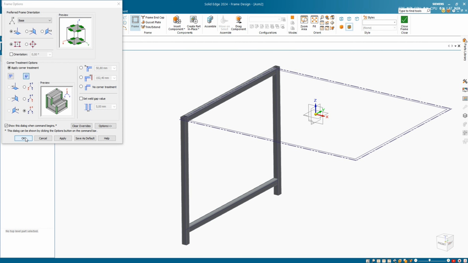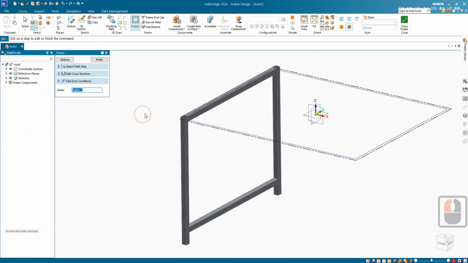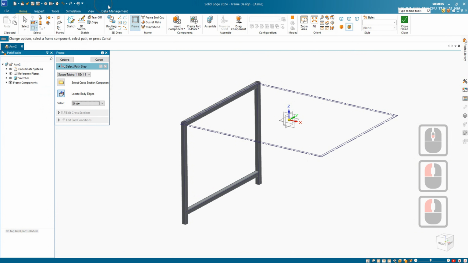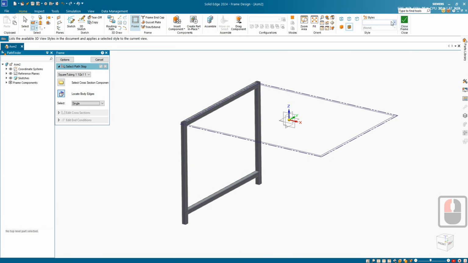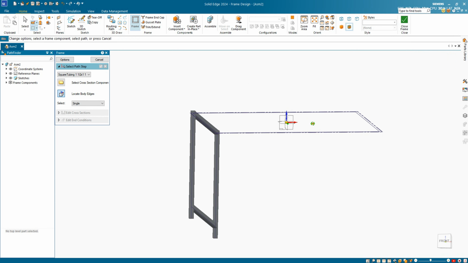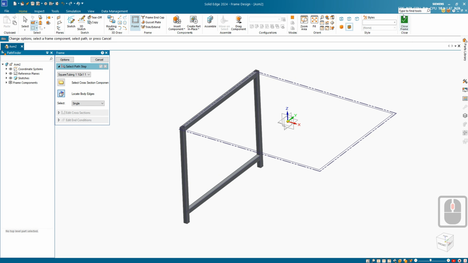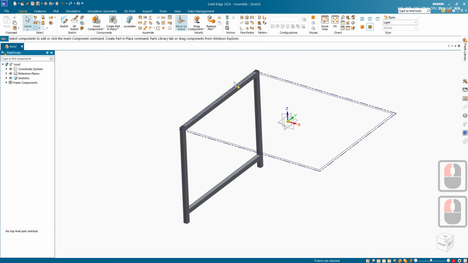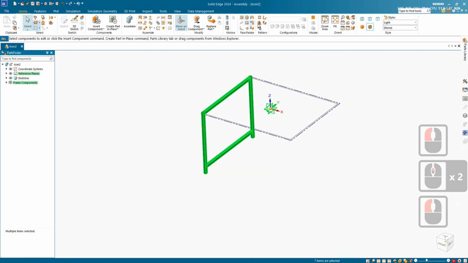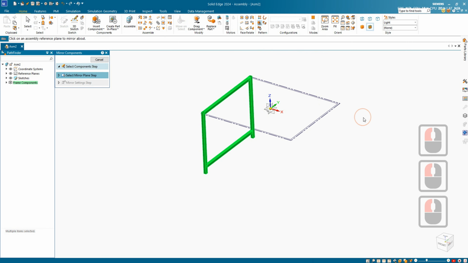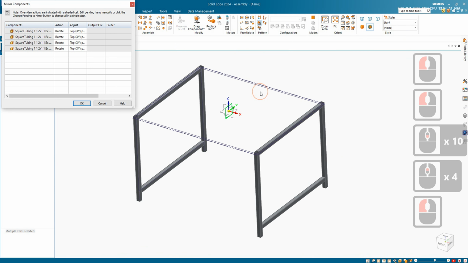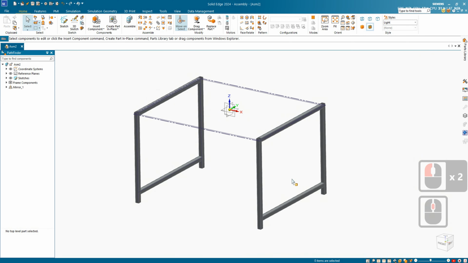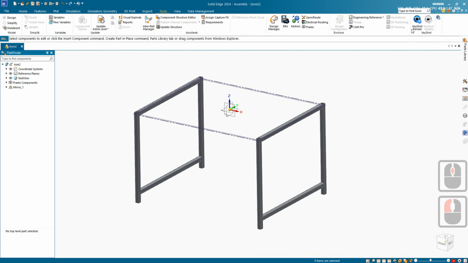The next step will be to mirror this around the center plane. So I'm going to get out of the frame environment, go back into the assembly environment. Then I'm going to select everything that I want to mirror. Then I'm going to assembly mirror that around the center plane to get it on the other side. It's okay. And then I'm going to go back into the frame environment,